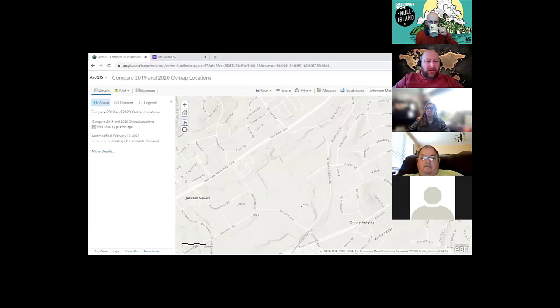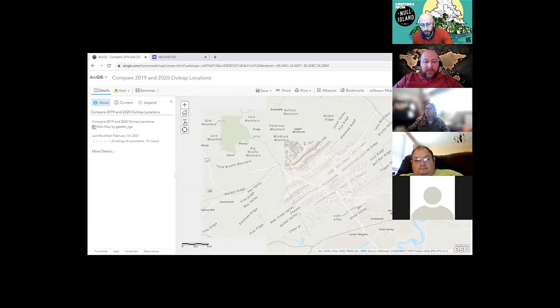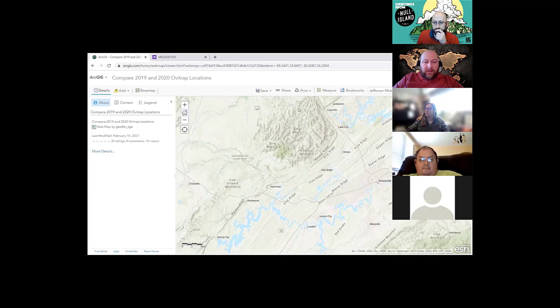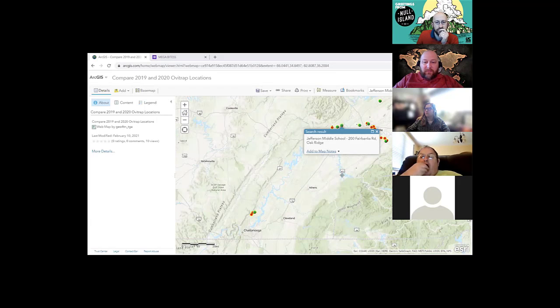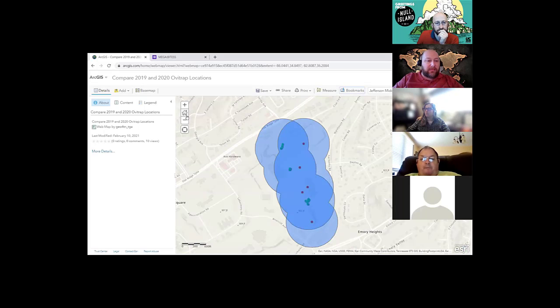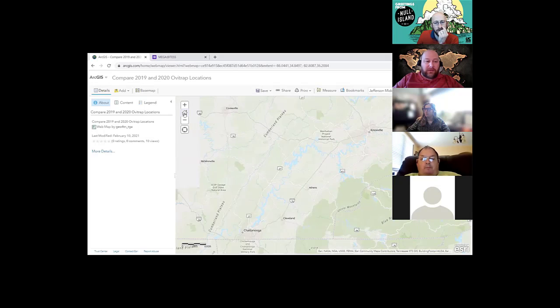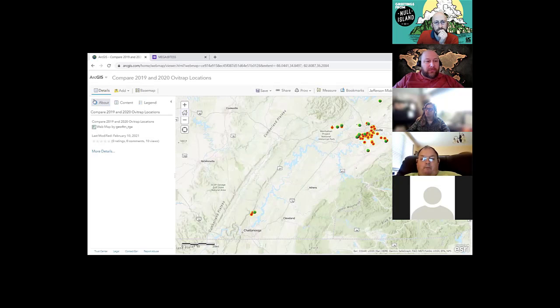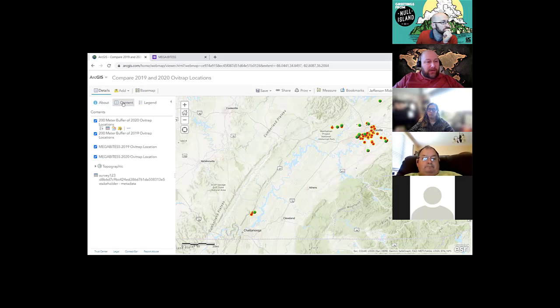So I'm just going to zoom back out myself a little bit. Click that home button. That'll give me the full view. But if I click that home button, I can always go back to bookmark and hit Jefferson Middle School if I've saved that, and I can hit the home button to get the whole view. But here's a good reminder. We've got an About button over here, and it gives us a little bit of information about the map. And if I click on Contents, I can see the layers.